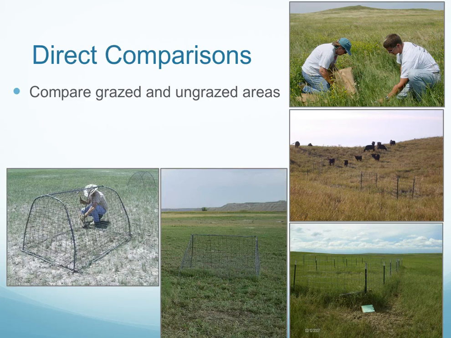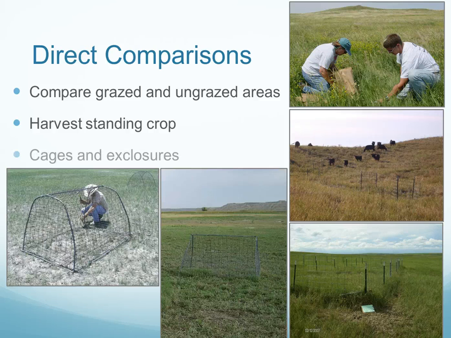With direct comparisons, we basically want to compare grazed and ungrazed areas. And this is a direct comparison because we harvest the standing crop in both grazed and ungrazed areas. We commonly use cages or sometimes exclosures in order to protect areas from grazing so that we can have ungrazed areas for comparison. And you can see in the photographs here a cage that is being very well secured to